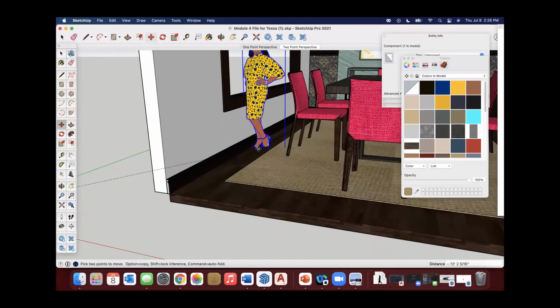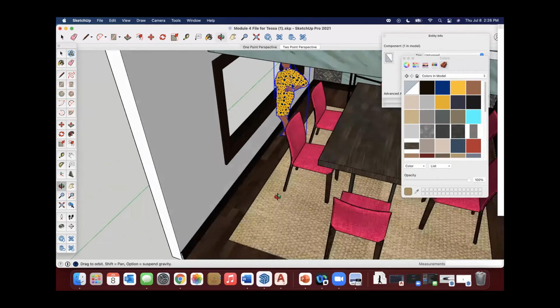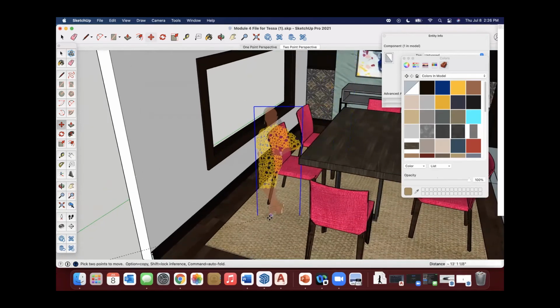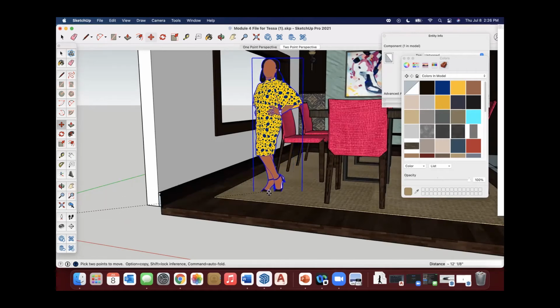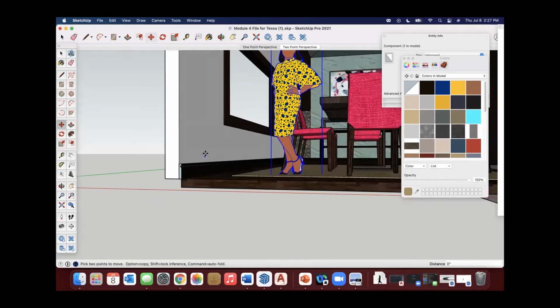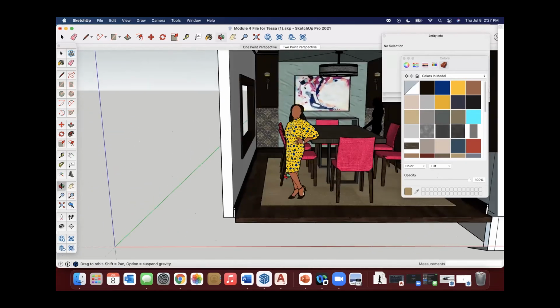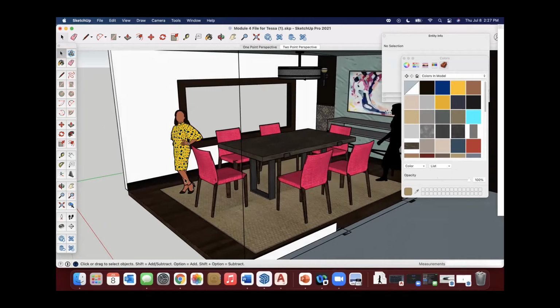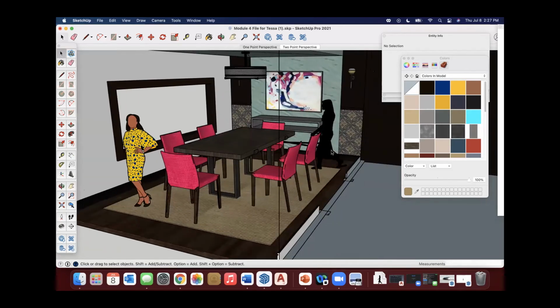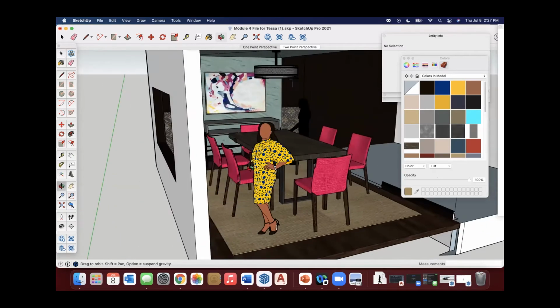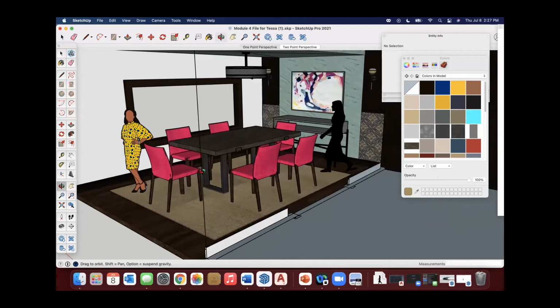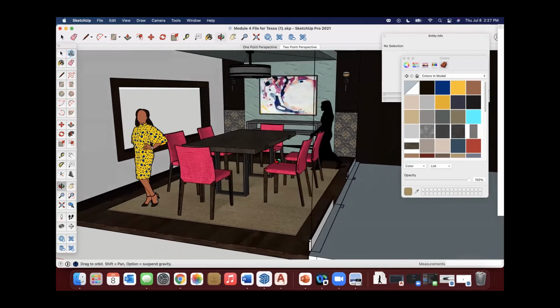And again, there's nothing wrong with using this component as well. If you wanted to pull one of these type ladies in and have a male, because you could have a foreground figure, you want to make sure their feet look normal. So you might have to come up just a little bit. So there we go. We don't look odd because she could work just as well. So you have to just determine what's the better look. Does the silhouette here look better, or does it actually look better to have a little bit of detail? But again, try to stay away from the 3D people. That could actually just be super distracting.